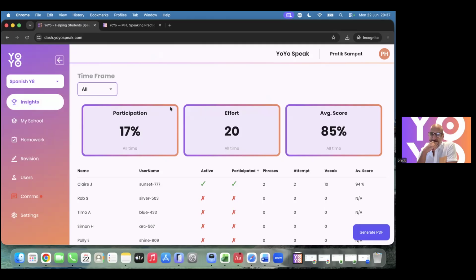First of all, who is responsible for adding students to each class? If you could answer that one, but then maybe talk about the special offer we're going to give to attendees today in relation to that onboarding process. Yeah, of course. The general process is when a school has been set up on YoYo, there'll be one administrator at the school, and we will work with that administrator and train them to use YoYo and set up classes. As you saw earlier, it's just a simple upload, and then off they go and they create that page with the activation codes.